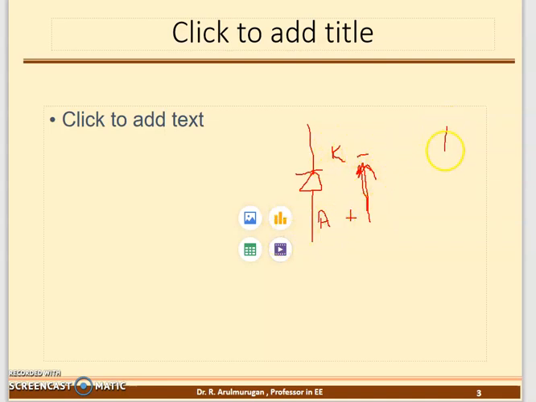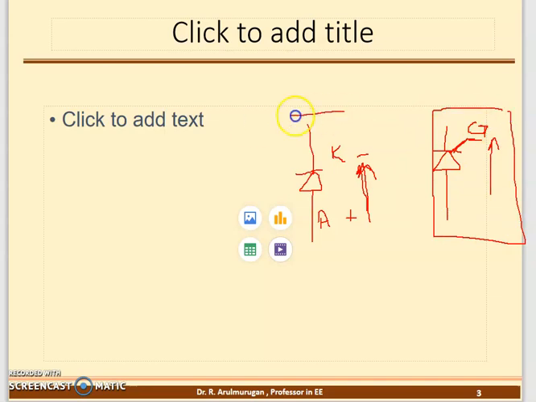Another device is called the SCR. The SCR is similar to the diode in forward bias, but here a gate terminal is available. It is like Spencer Plaza: they have a gate, and a security guard is standing at every entrance. What is the purpose of this security? They check you, and then they permit you. So this is the difference between the SCR and the diode.